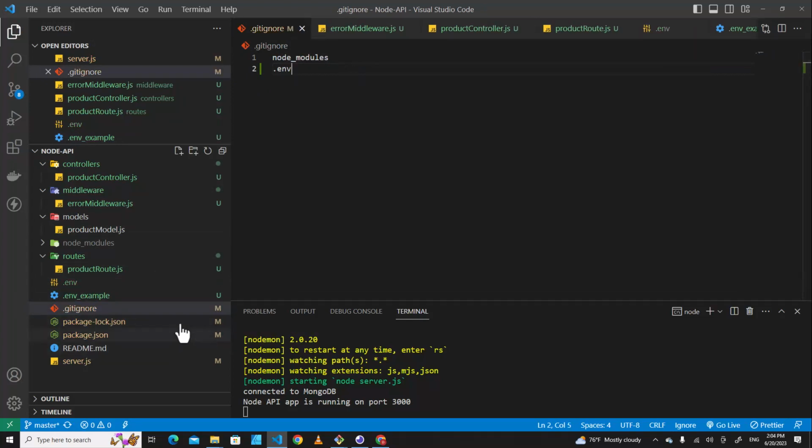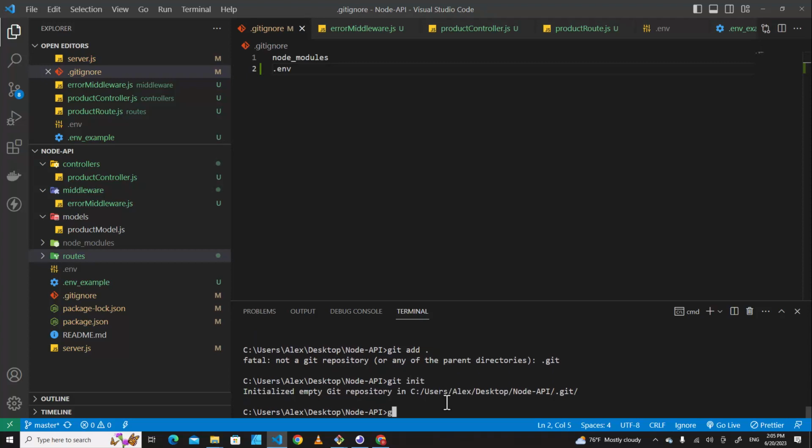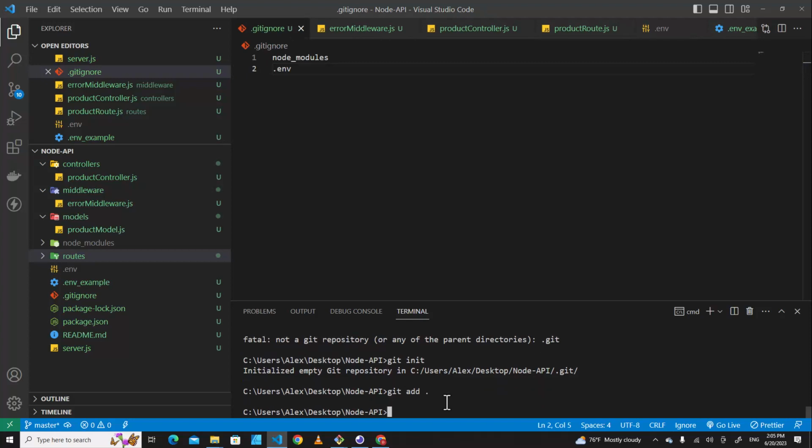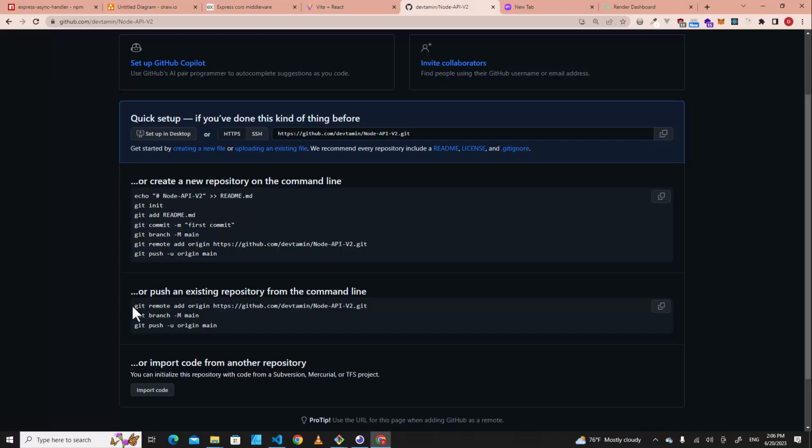Okay, I will push this code into my GitHub. Let me stop this one. Let's put git init first and git add, then git commit -m "finished Node API version 2". Then copy this code